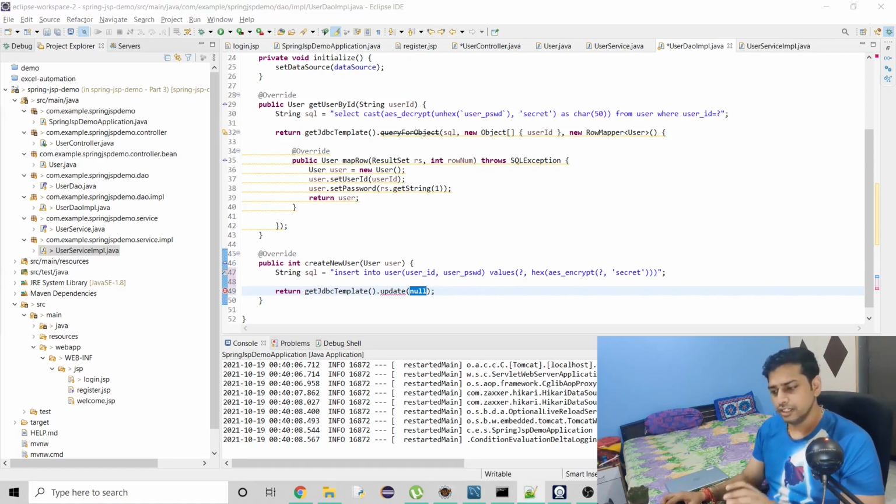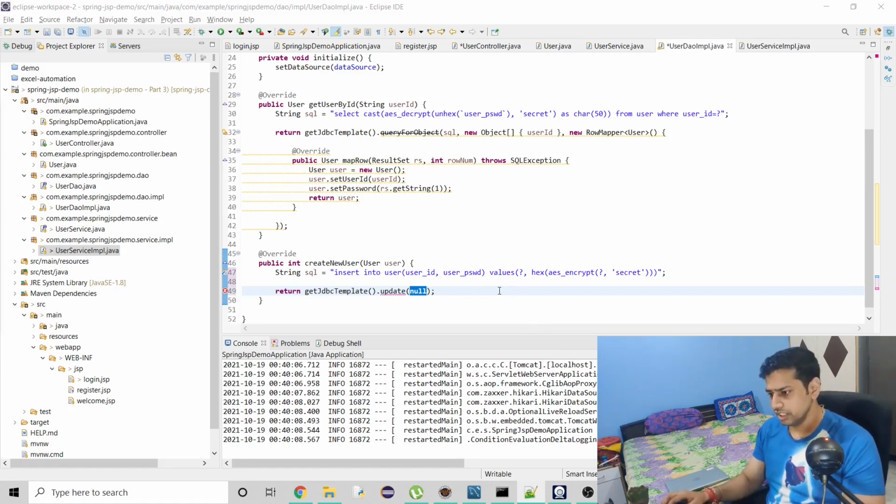Let me talk more about JDBC template. JDBC template is not a feature specifically for Spring Boot. We used to work with this in Spring MVC also. It got modified a bit, or you can say improved a bit, after we had Spring Boot. That's why you can see a lot of good things, and you don't have to do a lot of configuration which we used to do before.